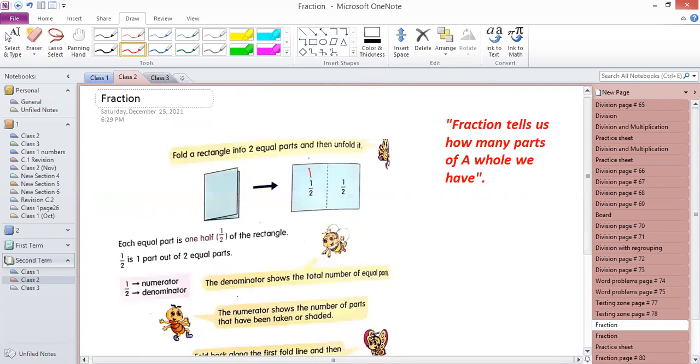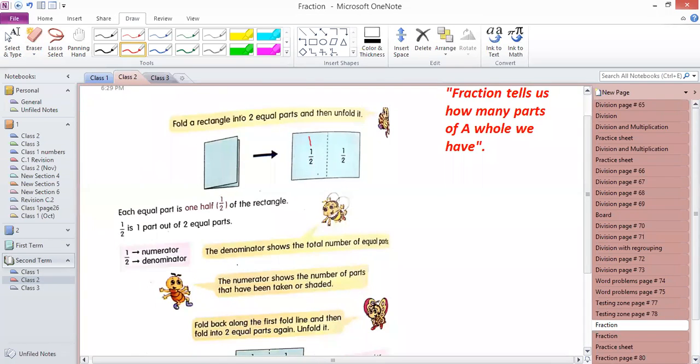Today we are going to start a new unit, that is fraction. And before you ask me which page, this is not from the book, okay? This is just to make you understand. We have this page on the screen. I'll go to the book, and when I go to the book, I'll tell you the page number. Today you will learn about fraction. What is fraction? You will learn about numerator, denominator, and how to write a fraction.